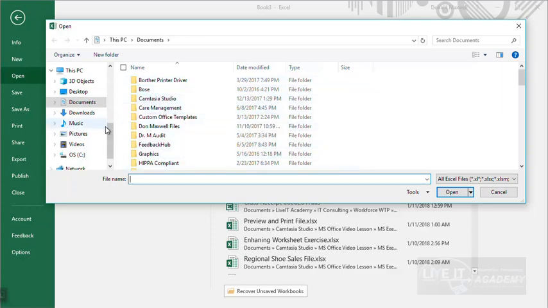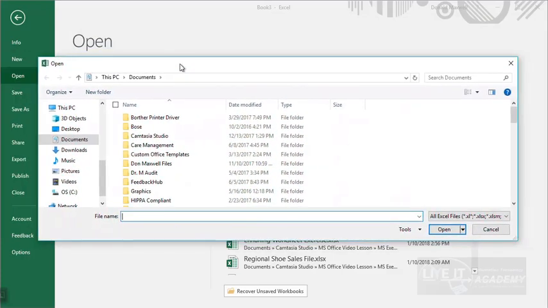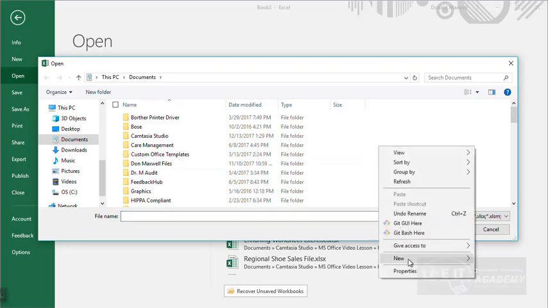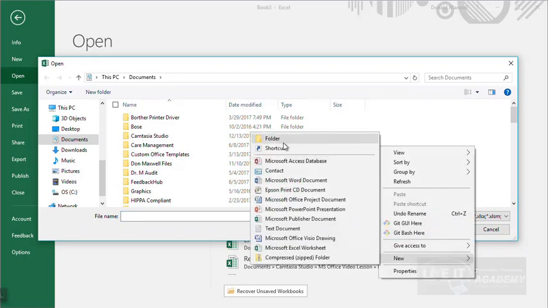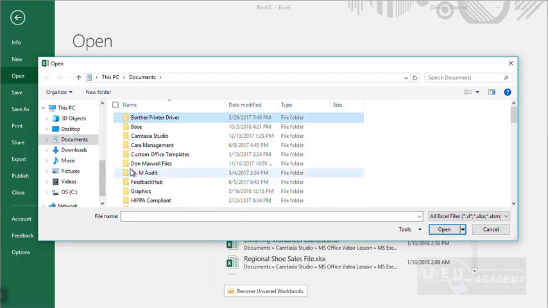Okay, and just like your normal process in Windows, when you create a new file, you can right click and go to new and create new folder or new files and so on, right? So it is the operating system window, and it's the same process that you use to create new folders, compress or zip a file, and